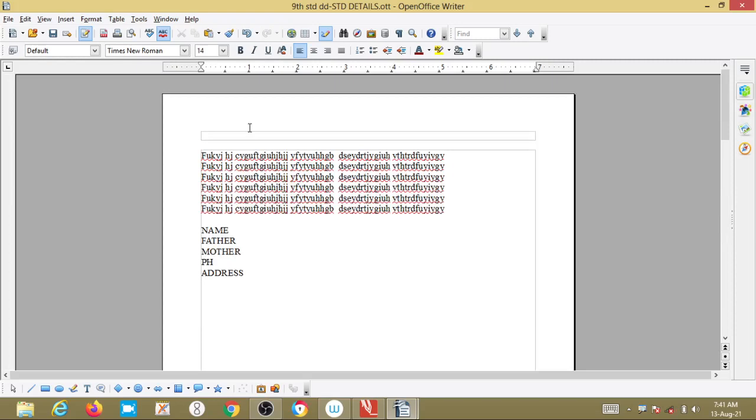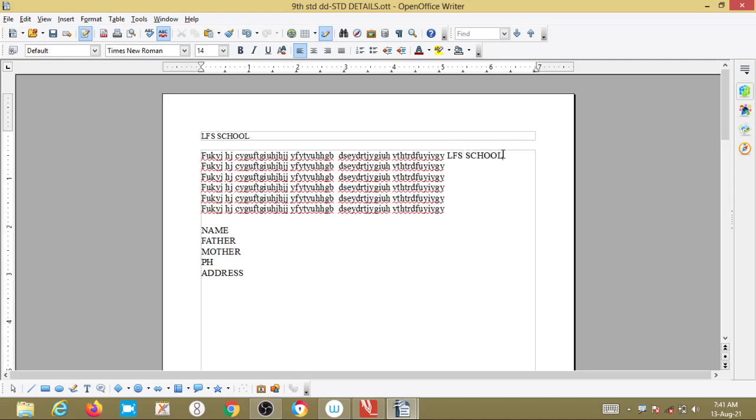If I write something in the header, suppose LFS school, instead of writing in a header, if you write the same thing here, LFS school, see what is the difference here?